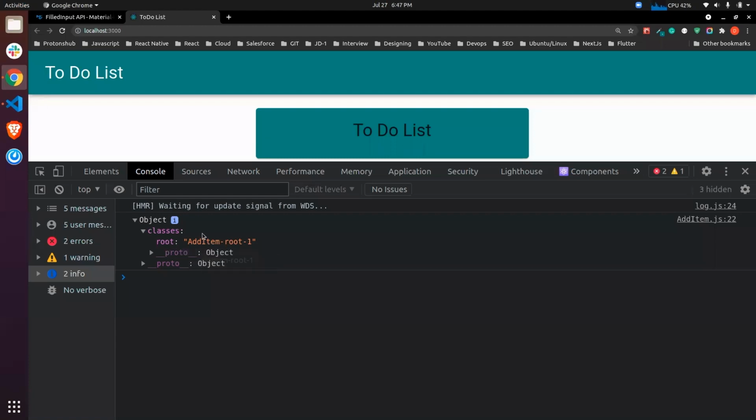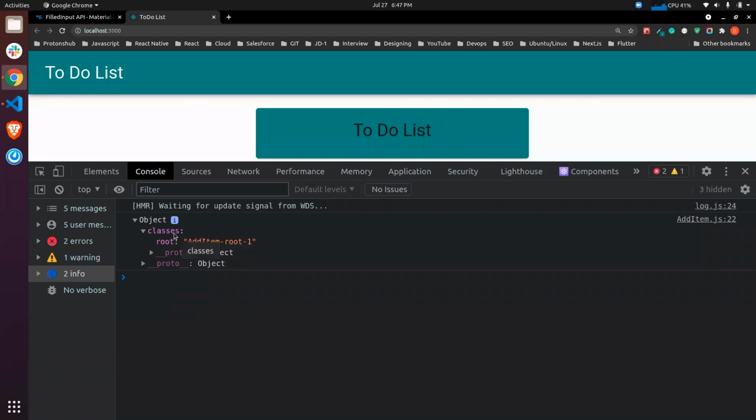So this is what Material UI does. This is how you can add styles. You can either add styles using inline styling, or by writing classes, but it is the best practice to use withStyles or makeStyles if you are using Material UI.